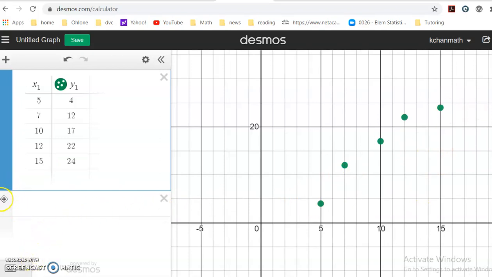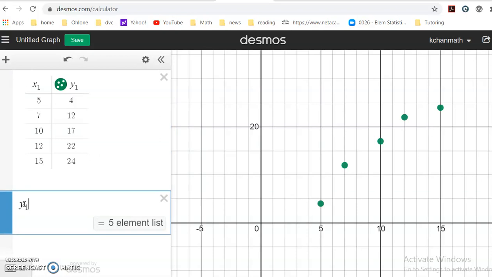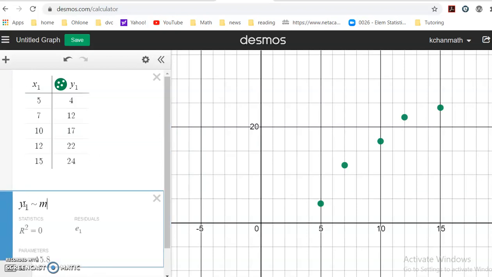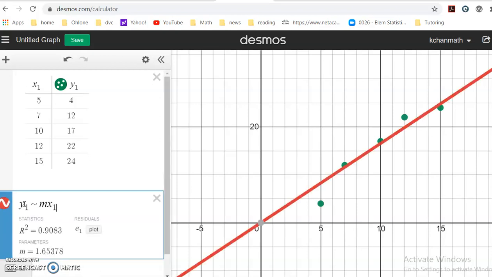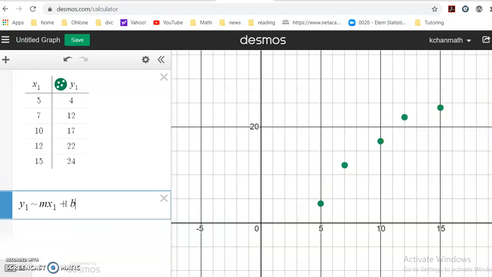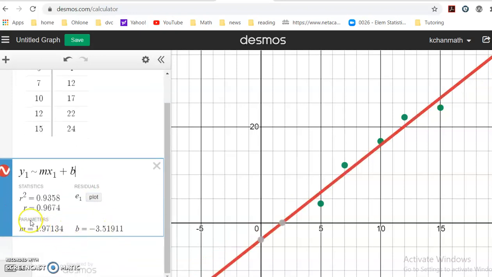So to do that, I will need to enter the second number, say y underscore 1. Go back up a little bit and then wiggly, approximately equal to m times x underscore 1, because this is x1, y1, right? And then you do plus b. So you don't need to worry about R. Actually, R is useful in statistics, but we don't need it. We just want the line of best fit, and in this case it is